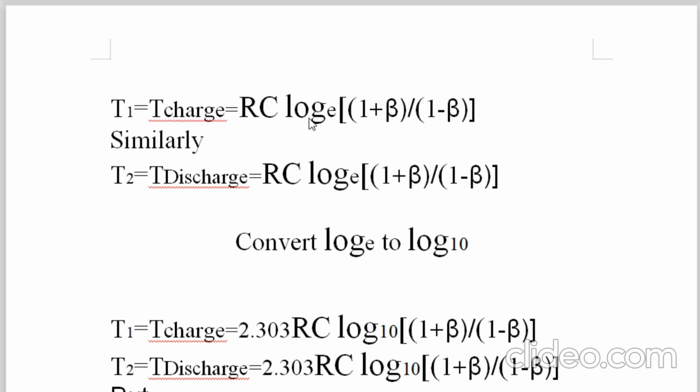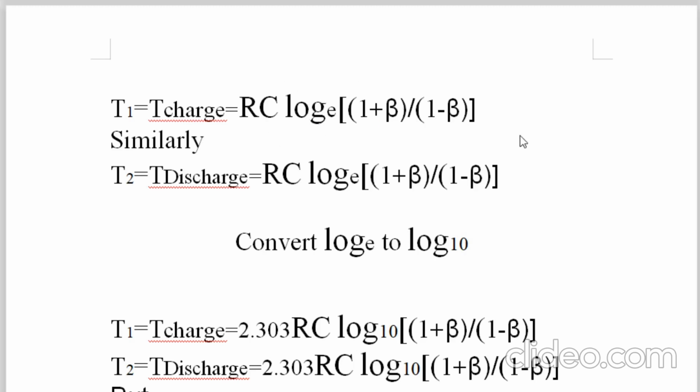Capacitor charges exponentially because in the beginning, when the capacitor voltage was 0 volt, the output was 12 volt and the potential difference between the voltage across the capacitor and the output was maximum. There is a resistor, and as time increases, the potential difference decreases, therefore current is not constant, and therefore the capacitor charges exponentially. Therefore this is log to the base e.